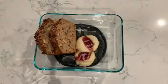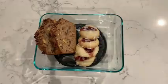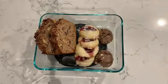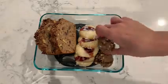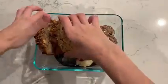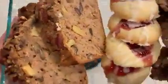I can't wait to take this to my family just so that it gets out of my kitchen and I don't eat all of it. But that is one of the reasons for the season, and I am so excited about all of these. I can't wait to be in a normal year and be able to make these for holiday parties and for family and friends. But even if it's just you, this is a great recipe to try,